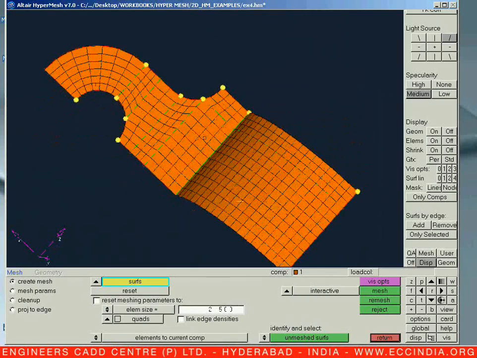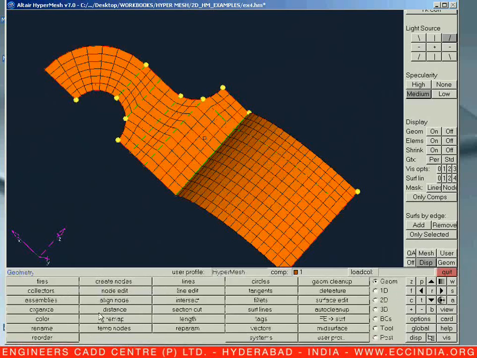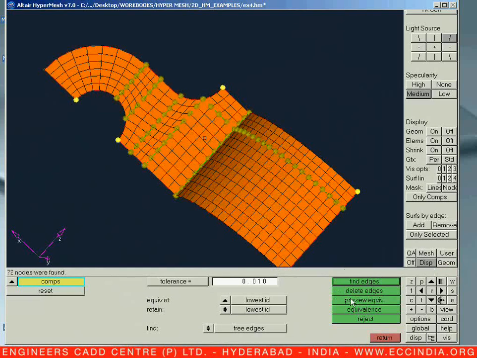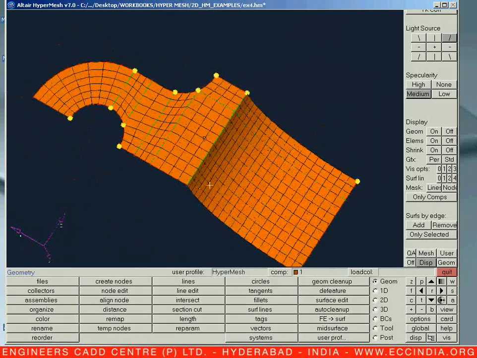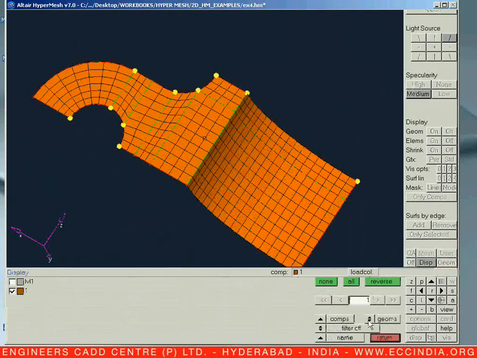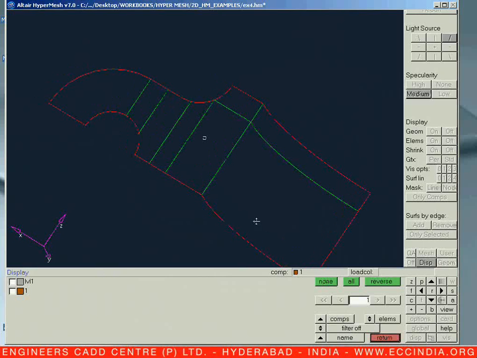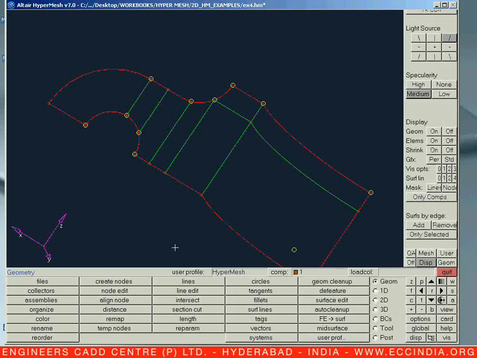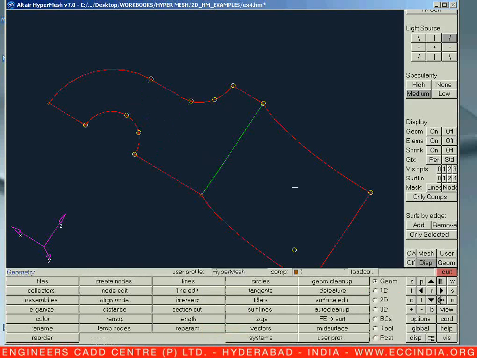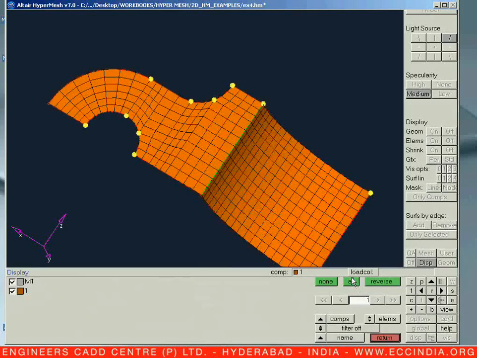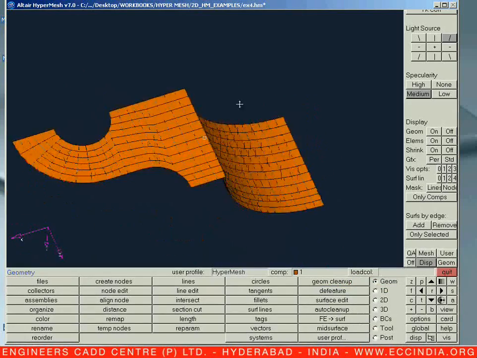Now let us go for Shift F3, go for preview equivalence and let us say equivalence. Once you are saying equivalence, now let us go for display elements none, and now let us unsplit your geometry. Let us clean up, unsplit for whatever the splits we had performed over here. Let us unsplit it. Let us come out of this one. Now let us say display all. So all elements we are getting over here.